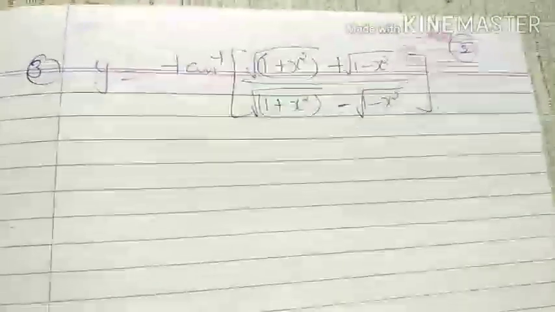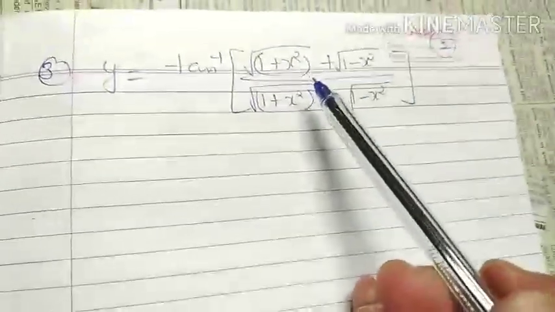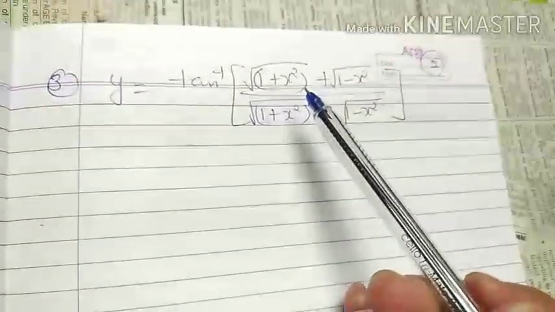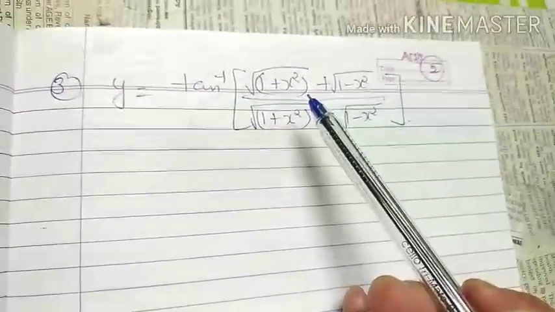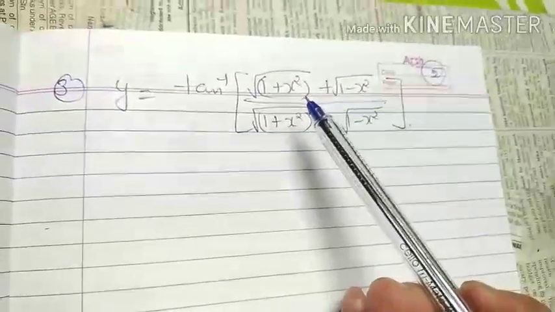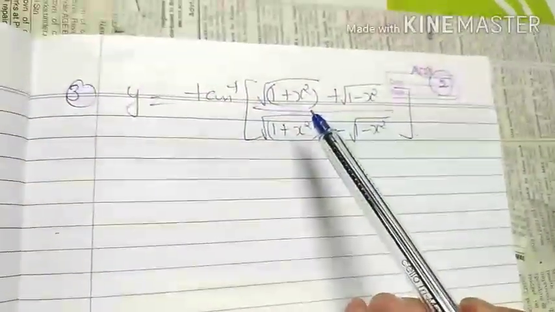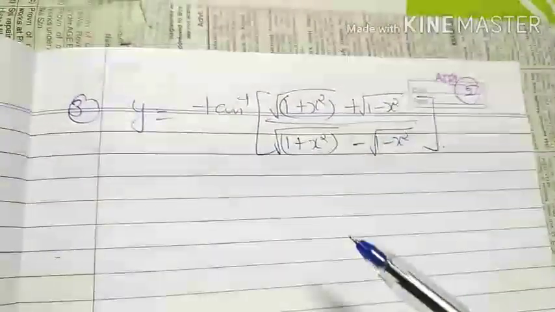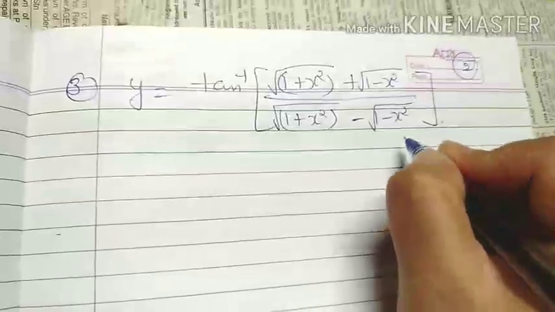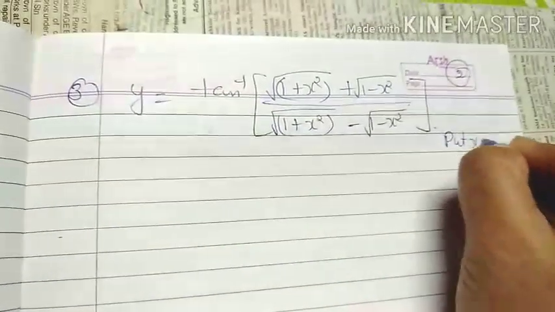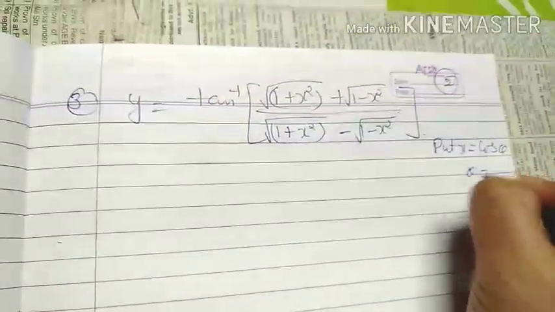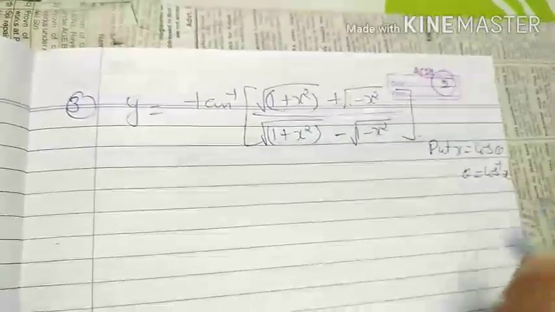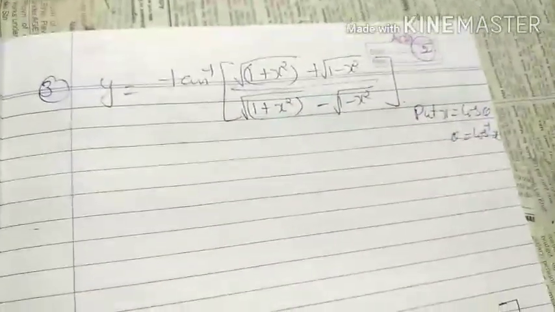There is another question of this type, where in place of x, the same question has an x square. It doesn't matter what is written here, you have to consider x square is equal to cos theta, because if you go with cos 2 theta and then the square, your formula will be more complicated. So in place of this, I put x is equal to cos theta and theta is equal to cos inverse x. That will be easier for me to convert into the formula.